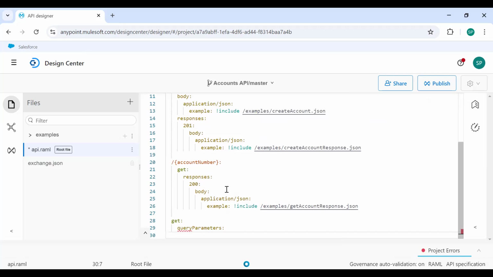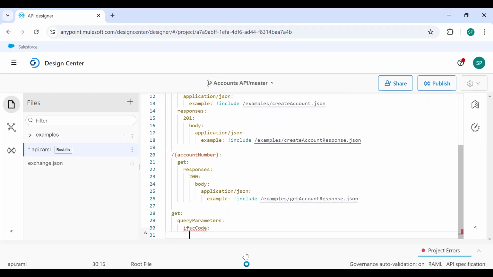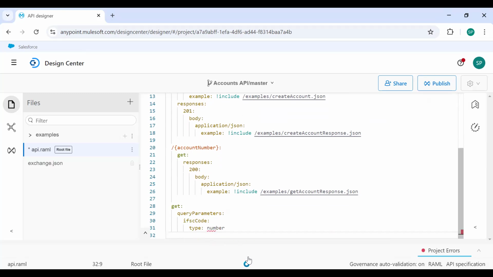Let me close the documentation. And in the query parameters, I am defining a query parameter as an IFSC code for this response. Let's define its type as a string. You can mention number as well here, if a number is expected. And required is true by default. If you are not going to pass it, it will be considered true. You can mention an example here as well,